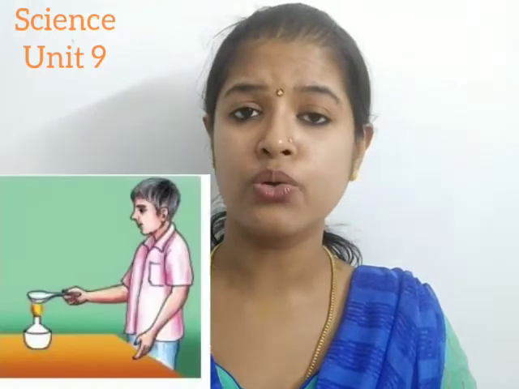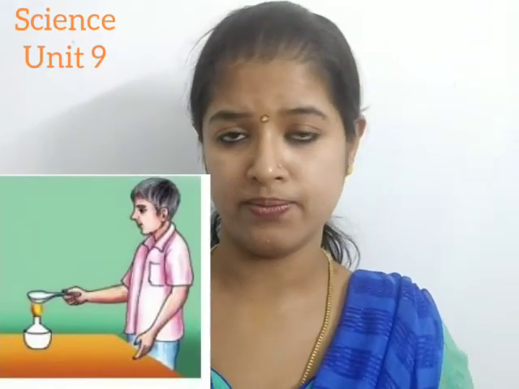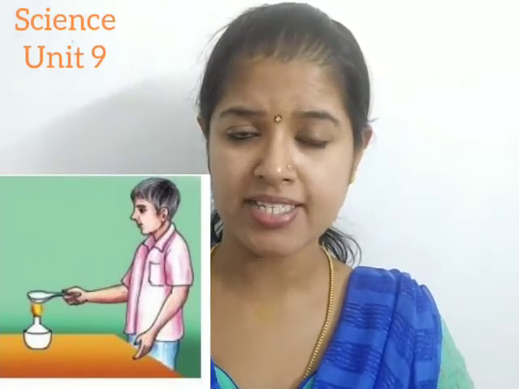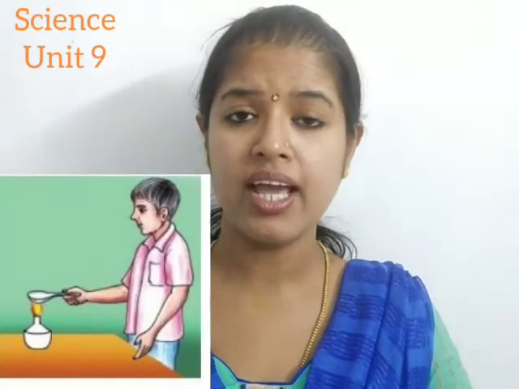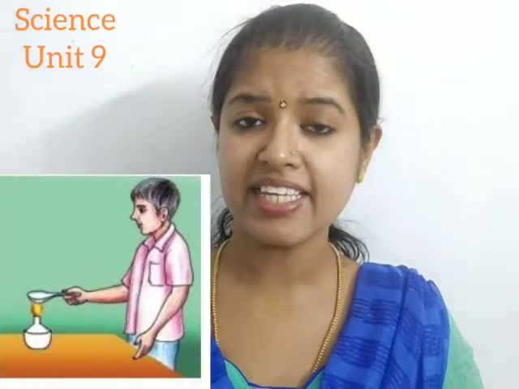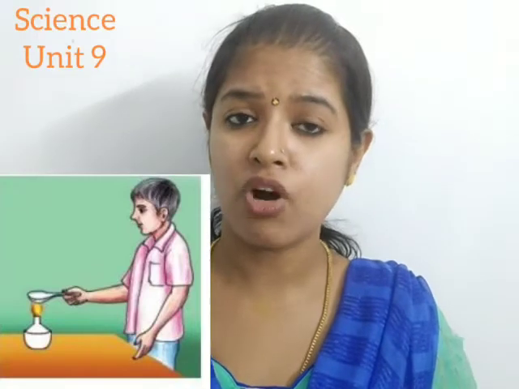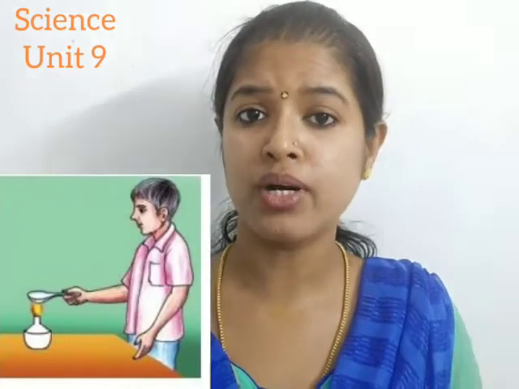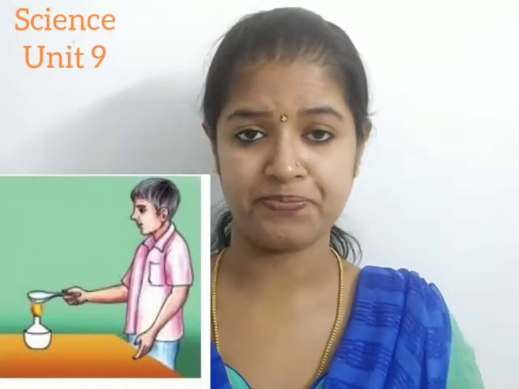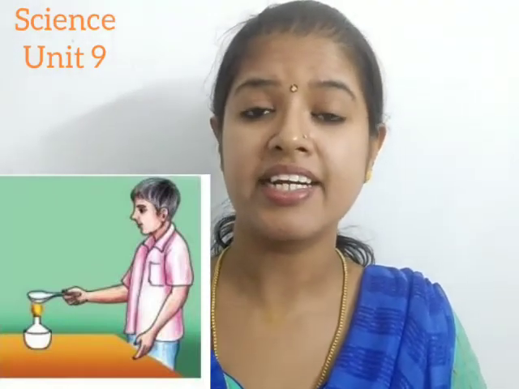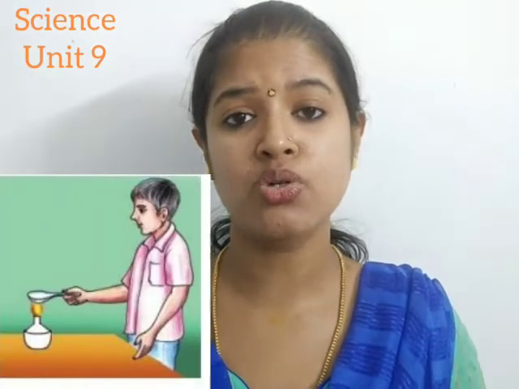Right, children? See, in your textbook you can see a boy holding a spoon. He took some water and some salt, mixed it in a spoon, and he is putting the spoon near the flame. And he can see what happens when the water gets heated: it changes into vapor due to a process called evaporation. So it changes into vapor and only the salt content remains over there. That is the experiment he shows in this picture.